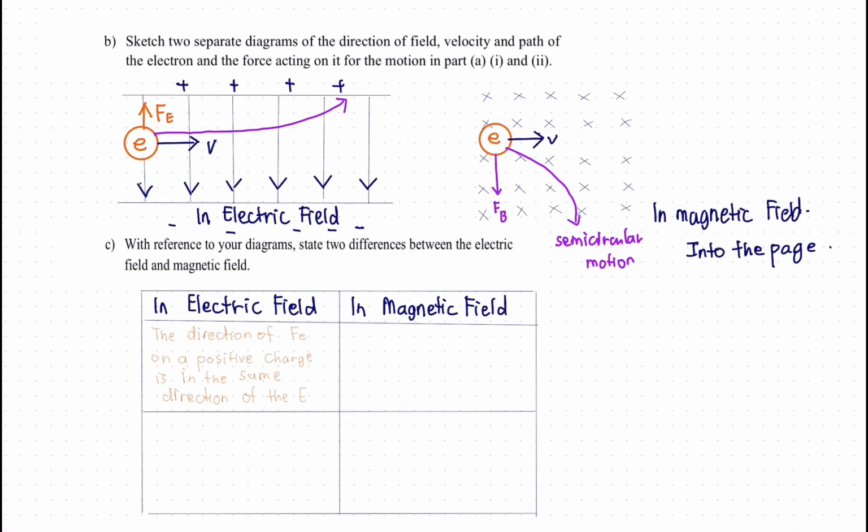Okay, so however, in magnetic field, the directions of Fm tu sepatutnya Fb, magnetic force, the B and velocity are mutually perpendicular to each other. So you can see that as a highlight tu V, Fb dan B adalah 90 darjah to each other. Just that magnetic field tu adalah into the page. So it's basically kalau kita guna X, Y, Z, B tu adalah in Z component. That's why kita boleh guna right hand palm rule. Semua benda adalah 90 degree to each other. Okay, so second one is